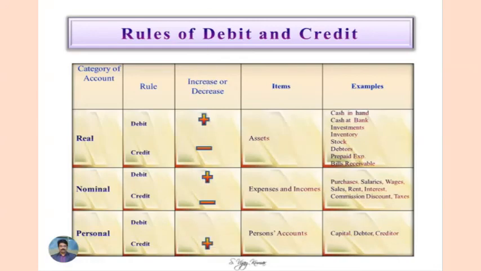Personal accounts, there are giver and receiver. So if there is an increase in the capital, put it on the credit side. Decrease in the capital because of the drawing, put it on the debit side. So decrease, debit, increase,